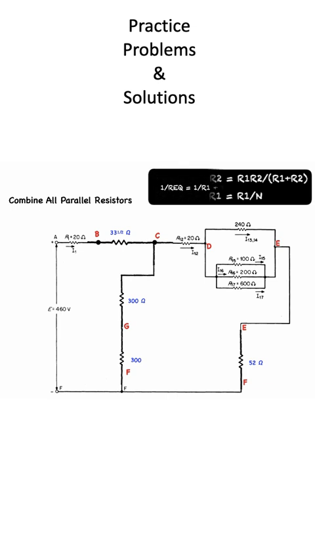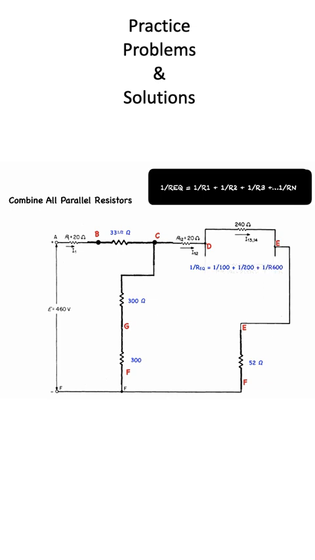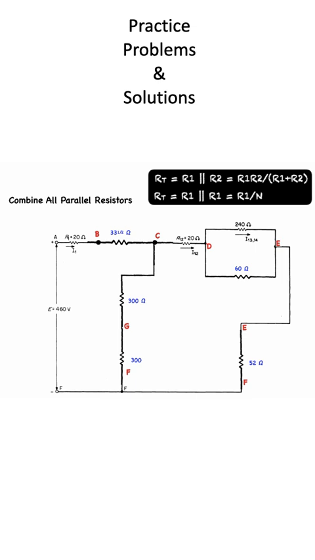Calculating the equivalent resistance of the elements connected in parallel in section DE, 1 over Req is equal to 1 over 100 plus 1 over 200 plus 1 over 600, which works out to 60 ohms. Replacing the three parallel resistors now, calculating the parallel resistance between D and E is equal to 48 ohms, and our equivalent circuit now becomes